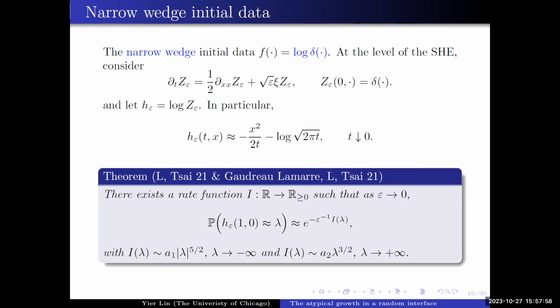Of course, when you take the log of Dirac delta, it doesn't quite make sense. But at the level of the stochastic heat equation, what I mean is you solve the stochastic heat equation starting from this Dirac delta, which means you're looking at the fundamental solution of it. And why we call this the narrow wedge: when you let time go to 0, the solution of the stochastic heat equation is just given by this heat equation part. So you get a heat kernel, and you take the logarithm, you will get this profile. In particular, when you let time go to 0, this profile will become narrower and narrower. That's why we call this a narrow wedge.